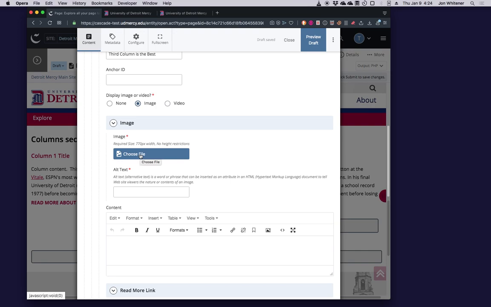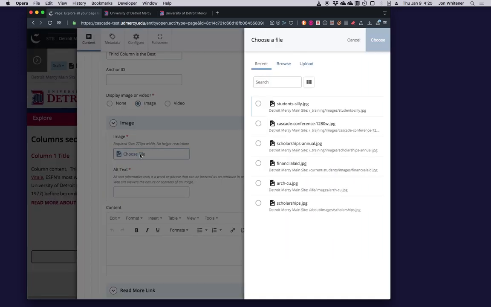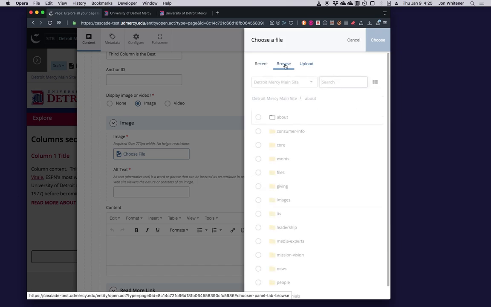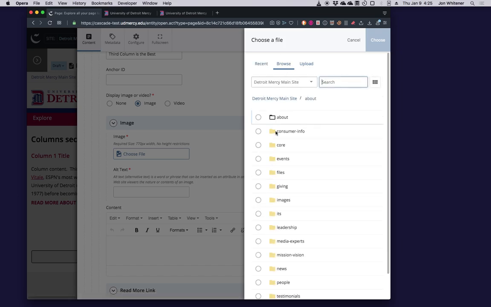Let's choose a file. I'm not sure if I uploaded this one yet. I could browse and go through the folders like we've done before, or I can upload an image.